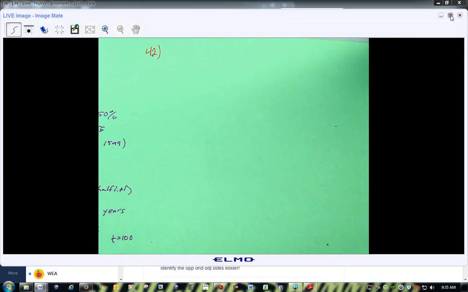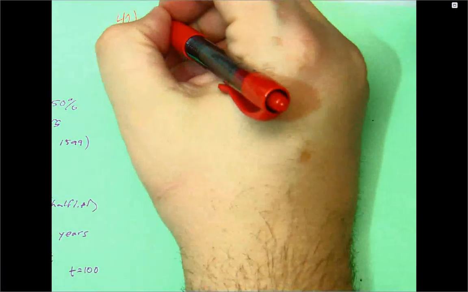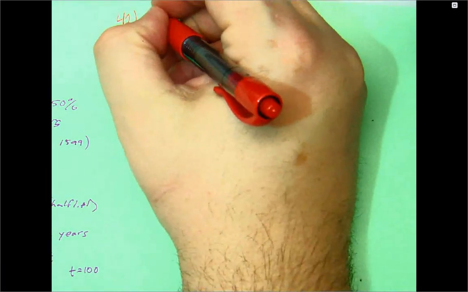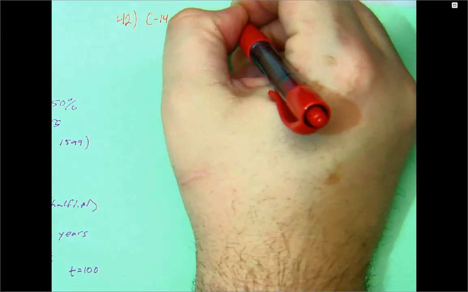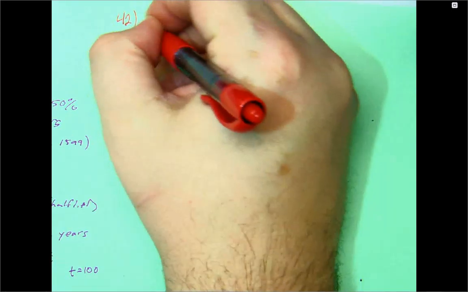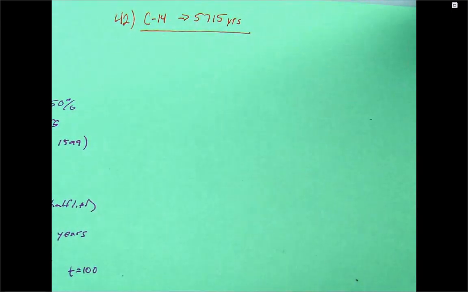Alright, number 42, carbon dating. Carbon-14. So we have carbon-14, its half-life, 5715 years. So, 5,715 years. All right, so now it says a piece. If it's true,